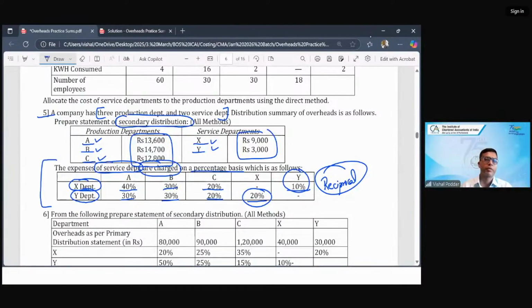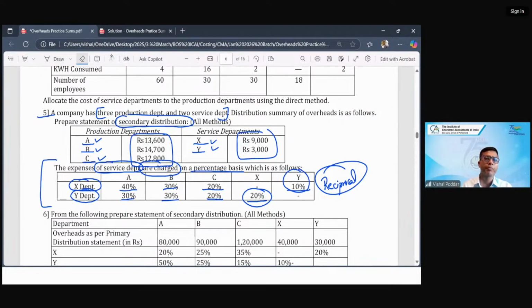Now, as we will solve different sums, you will get to know that in some other sums, it would be direct because this would not have been given. Only X is giving to ABC, Y is giving to ABC, so it is direct. In some of the other questions, only this is given, this is not given. It means what? X is giving to Y, but Y is not giving to X. So you'll automatically come to know that the question is of step ladder category, right? So this is how you will identify from the question, students, as to which category the question belongs to.